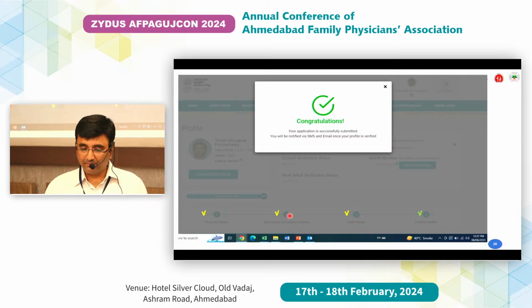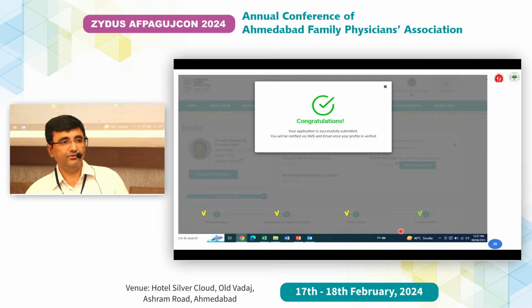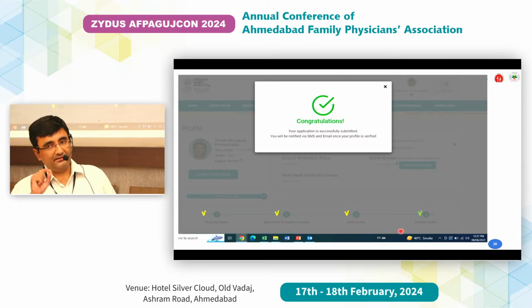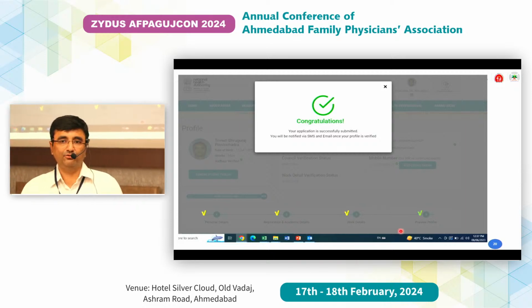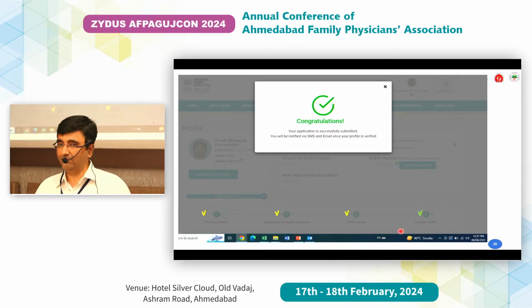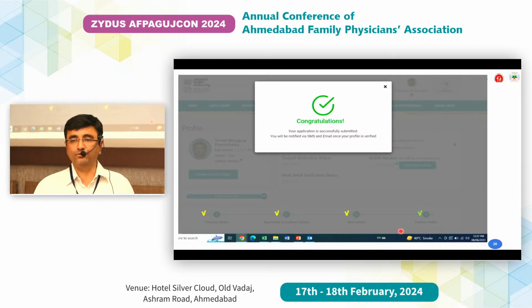So you need to upload your educational qualification and work experience. If it is a government practitioner, then you need to upload the latest order and then submit it. Now there is also a provision: there may be many details that one may not wish to have in the public domain. For example, I don't want my mobile number or my photograph in the public domain.